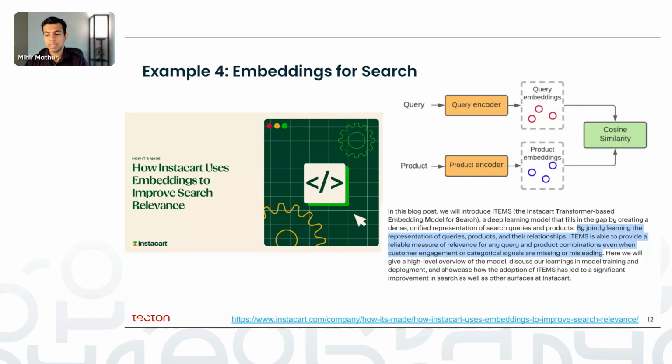That's a deep learning model that can jointly learn the representation of queries, products, and their relationships. You might have a query which is oranges, and their grocery store might only have clementines, but you'll still get that result because they have learned that those words are similar. So this is a very important use case for Instacart because this is how people add things to their cart